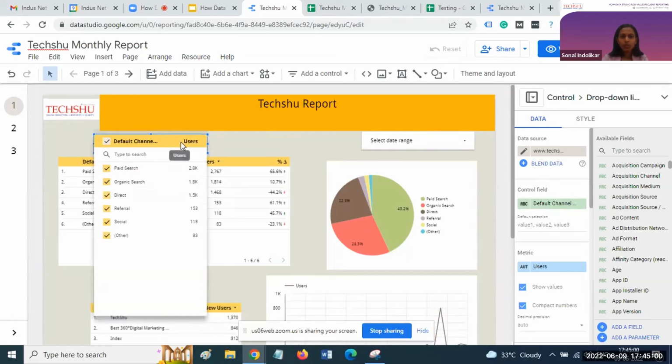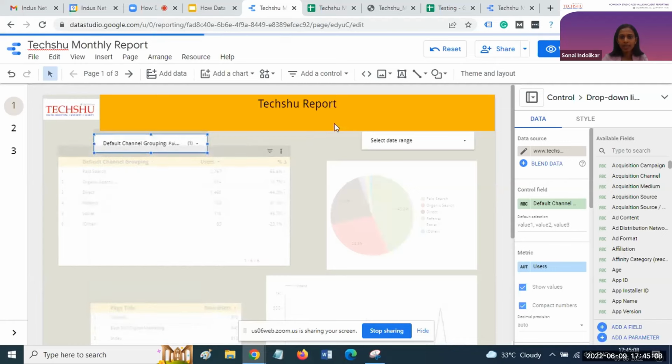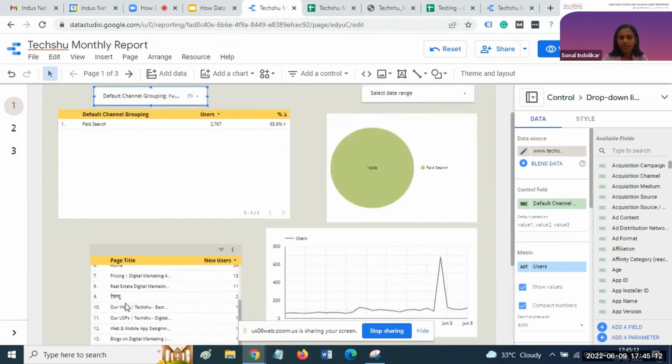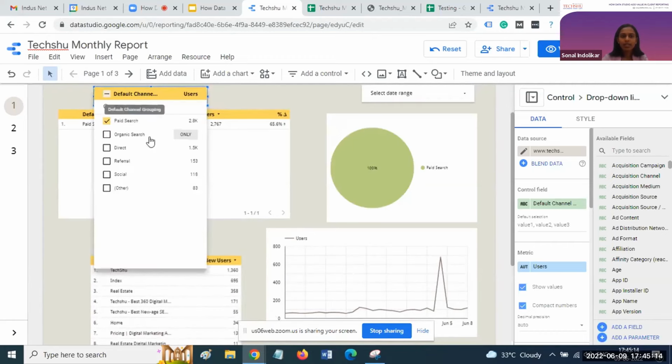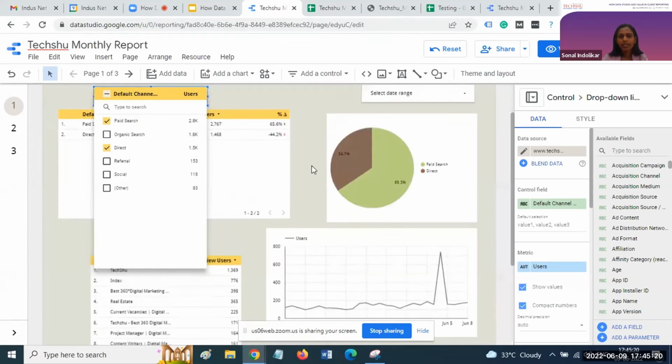Now if you want to showcase the data only for the paid search campaign, we will select only paid search campaign, and the entire template will get reflected as per the paid search report. Okay. Likewise, we can combine two channels as well. So this is the filtering option available in Data Studio.